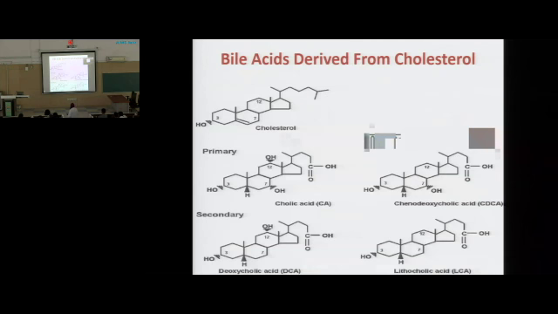Very good. This cholesterol is the precursor for bile acids. And who are the primary bile acids? Remember the names: cholic acid and chenodeoxycholic acid. These are the primary bile acids. On these, bacterial enzymes act and convert them into secondary bile acids. And who are the secondary bile acids? Deoxycholic acid and